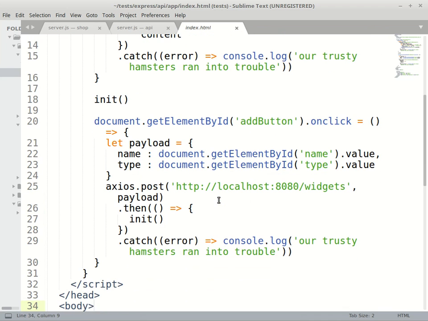Okay, so I'm going to post the payload to localhost widgets, and if I get a successful response, I'm going to run init again. The reason why I'm doing this instead of manipulating the table I already have is that, for example, if I add multiple widgets and I see I get a correct response, I just add it to my table instead